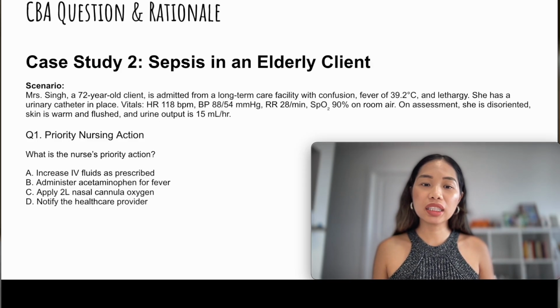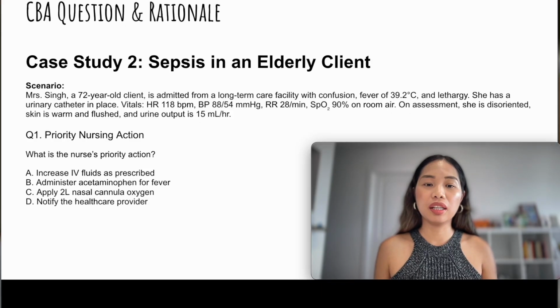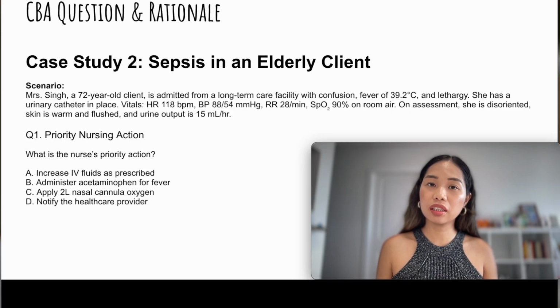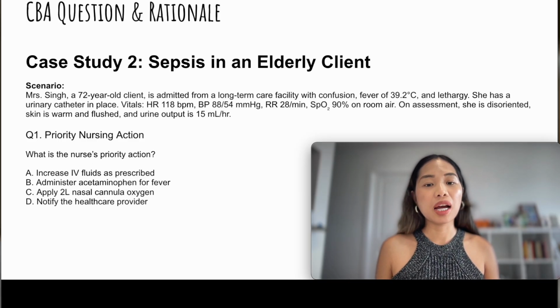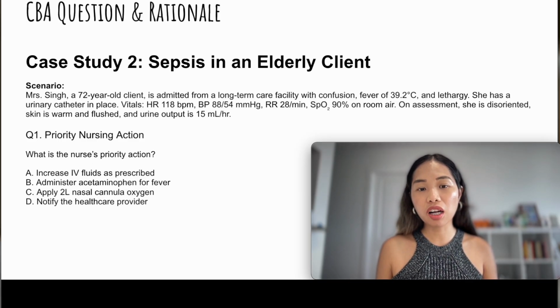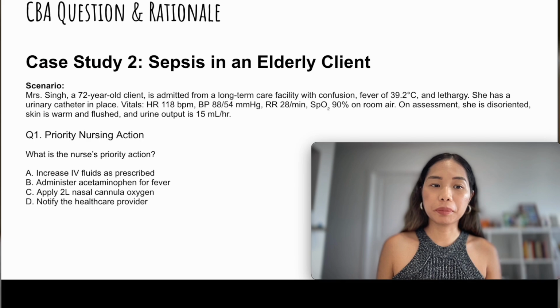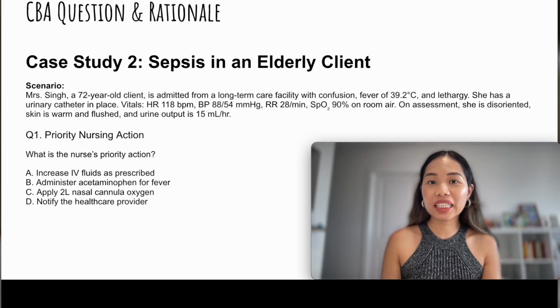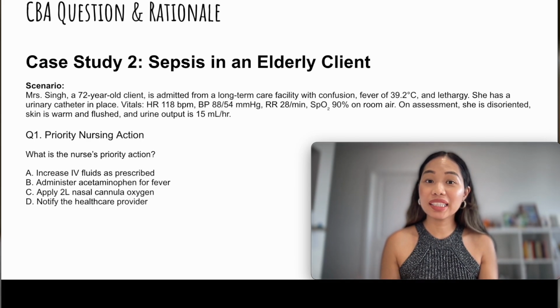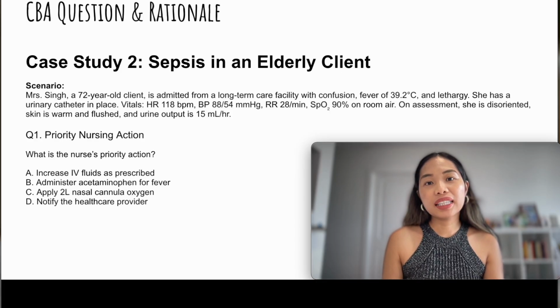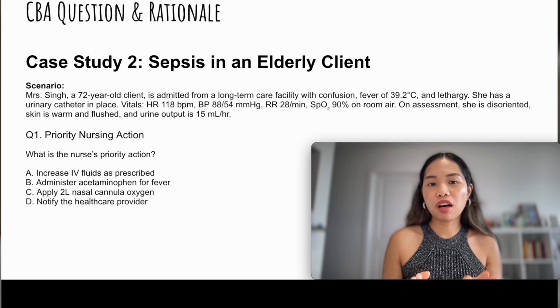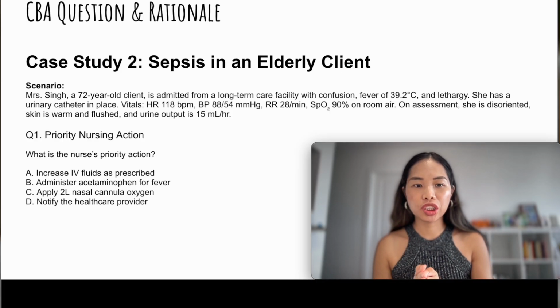Question: what is the nurse's priority action? Increase IV fluids as prescribed, administer acetaminophen for fever, apply 2 liters nasal cannula oxygen, or notify healthcare provider. All right, what do you guys think is the right answer here? Let's discuss it together. This is a tricky one in terms of asking for the priority action because when you're